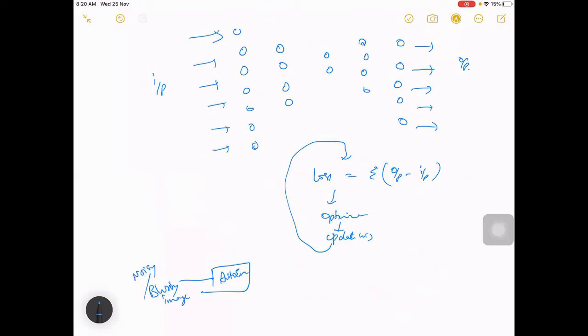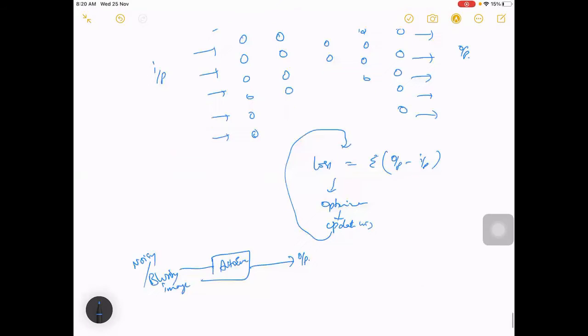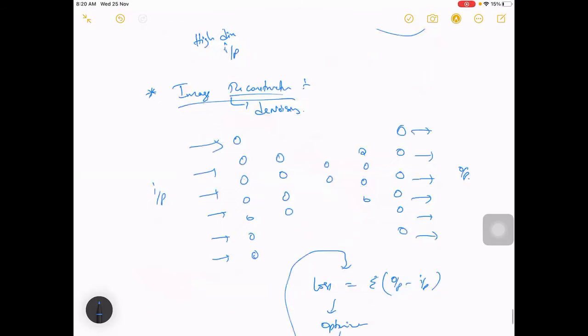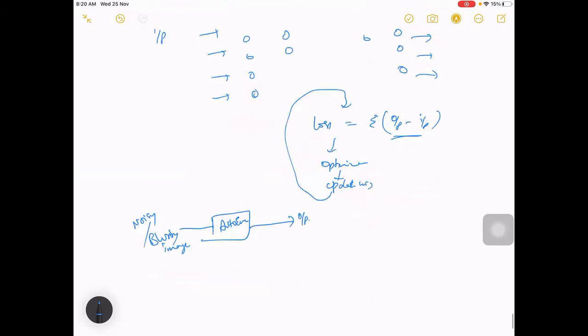Taking these images, you give them to the autoencoder, and here you get an output. Previously, we compared the output with the input, and that difference is what we took. Instead of calculating the difference between the output and the noisy image, we take it with the actual image, the proper, non-noisy image.